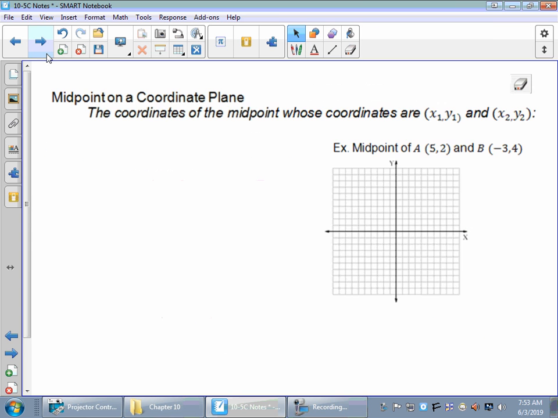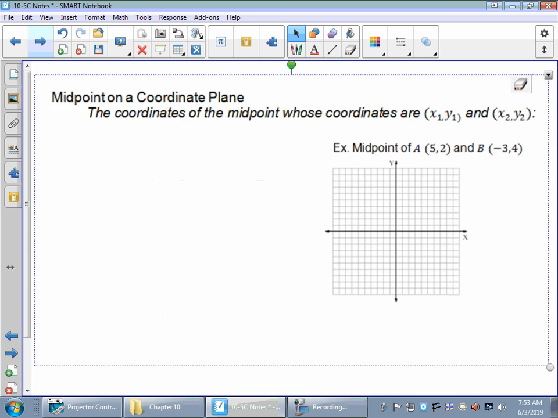Okay, what about if we do talk about an ordered pair, midpoint on a coordinate plane with ordered pairs? So this is the coordinates of the midpoint, whose coordinates are x1, y1, and x2, y2. Kind of like the distance formula. You've got 2 points. Give them an x1, y1 value. Give them an x2, y2 value. And then use this formula here